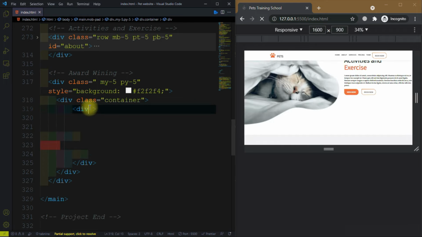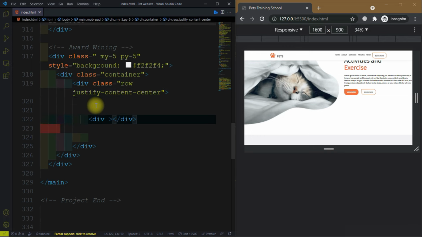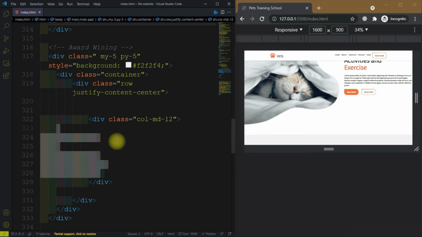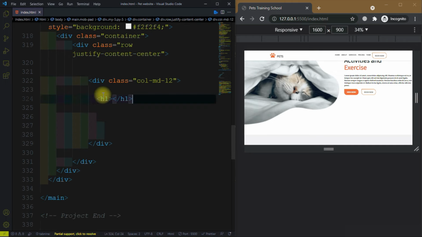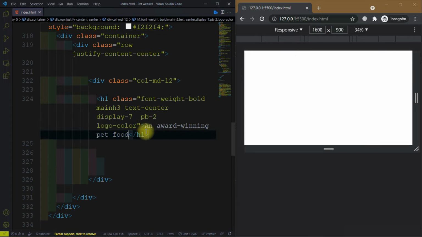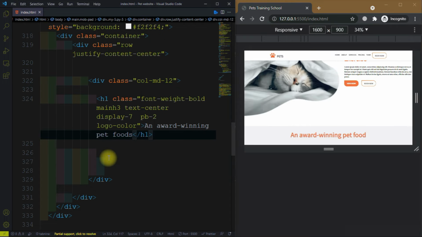After that we need to create another div inside the container and give it a class equal to row, justify-content-center. Then after this div we need to create another div and give it a class equal to col-md-12, so it's a 12-column div, and inside this we have a heading and give it a class font-weight-bold, my-3, text-center, display-7, pb-2, and logo color. So let me refresh the page. So it will look like this, and after the heading